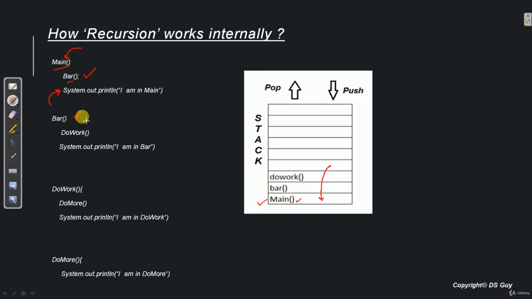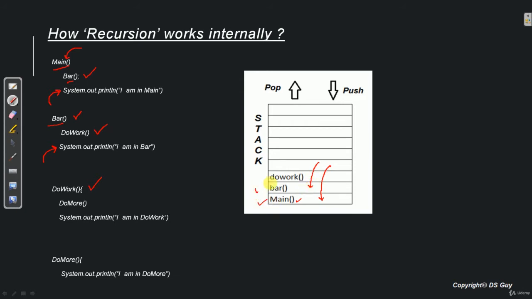Now once the control comes to bar method, the first line that we see here is do work method. So once again the control goes to do work method. Now system also again needs to come to bar method to execute this statement. So for that it needs to save the bar method. So again it will push bar method in the stack.